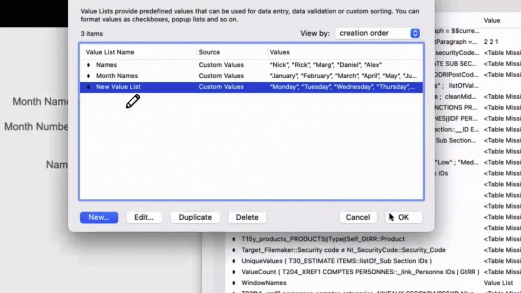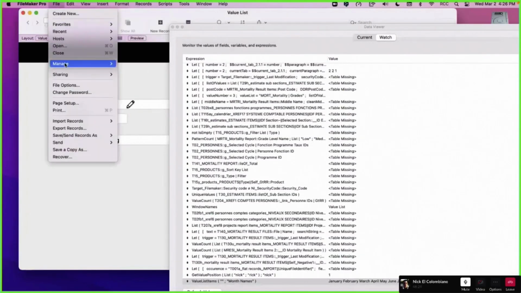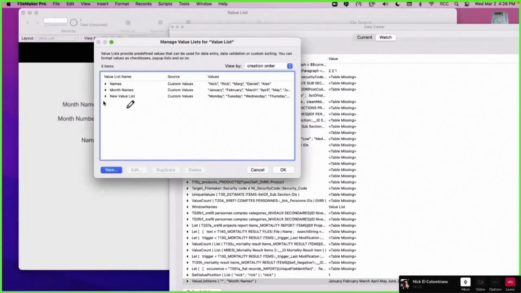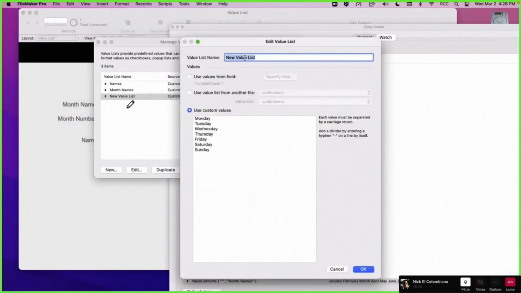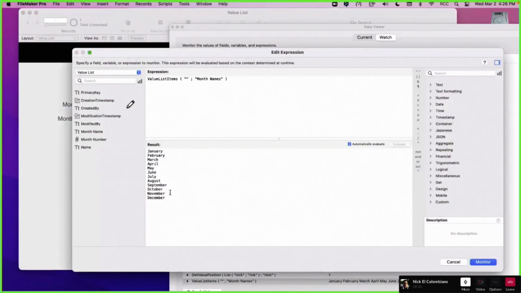Okay. I didn't put a name on those value lists here. This is days, day names. So if I go there, I have the day names.